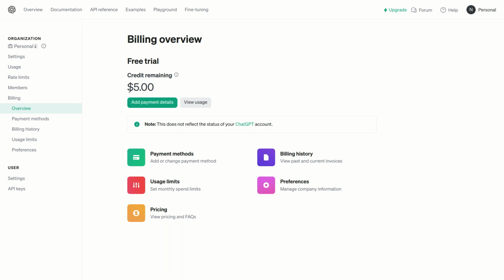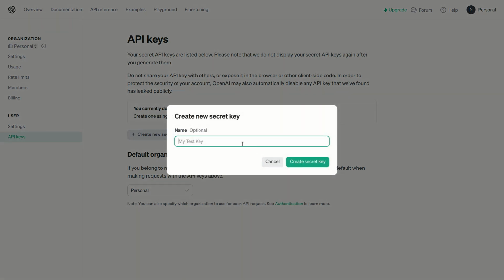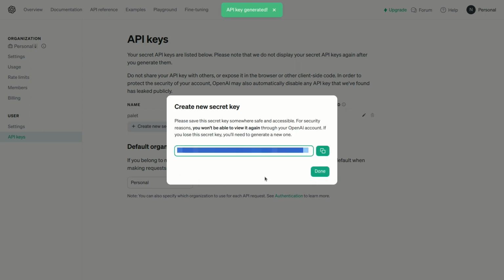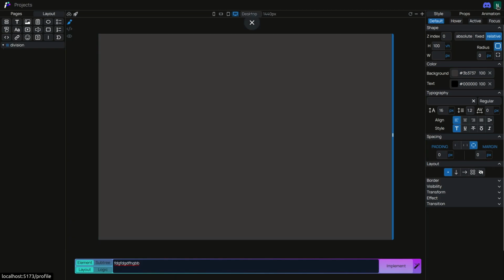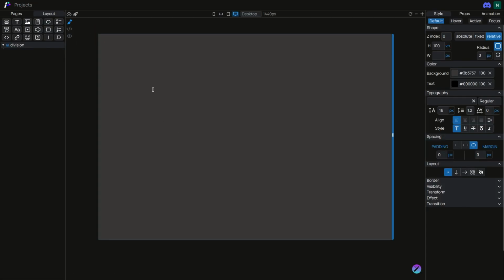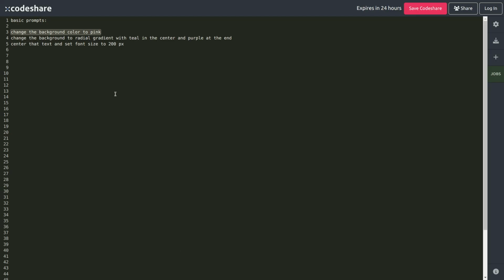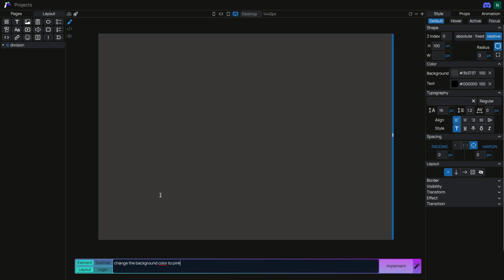If you have credits, like I have credits, so go to the API keys section, create a new secret key, and I'll create a new key. Then copy the key from here, go to Palet, go in the profile section, enter your key here and set. Now you can go back to the project, go on the AI prompt. Let's enter a basic prompt for now. Change the background color to pink, implement, so it will process